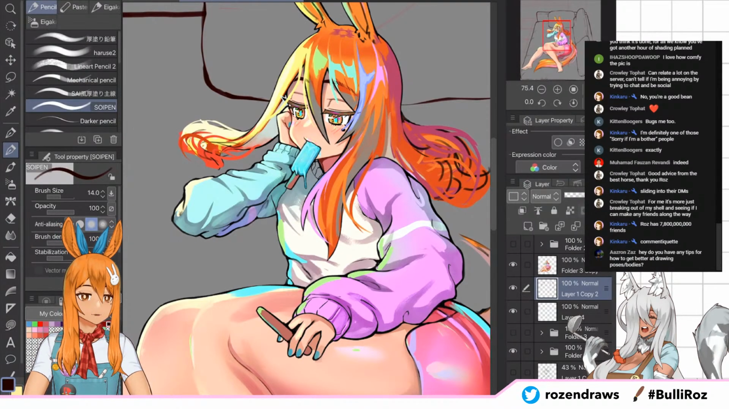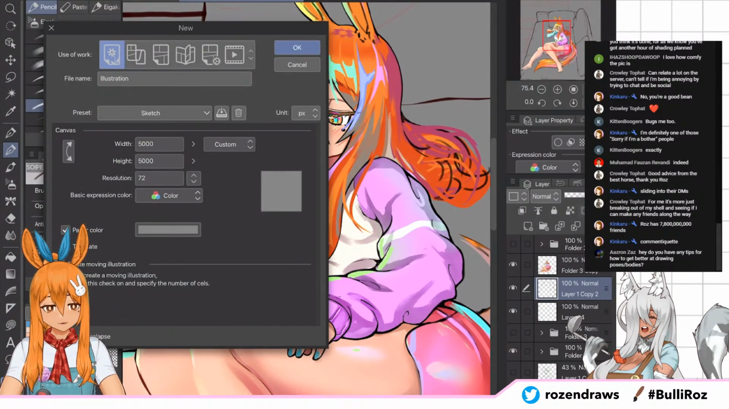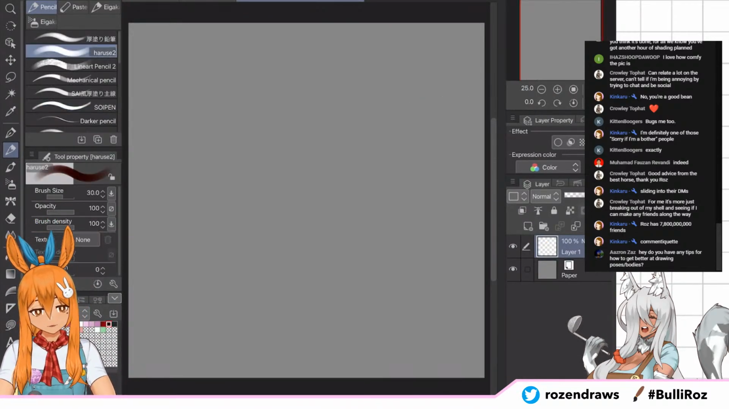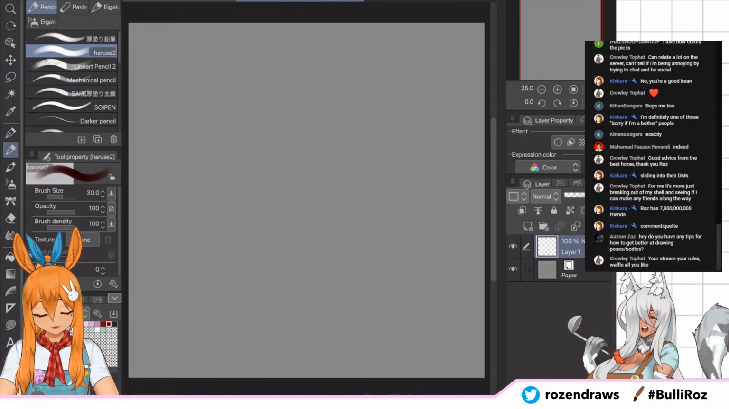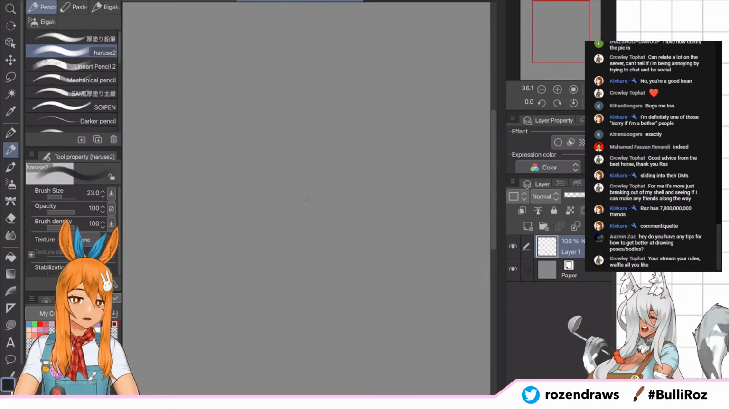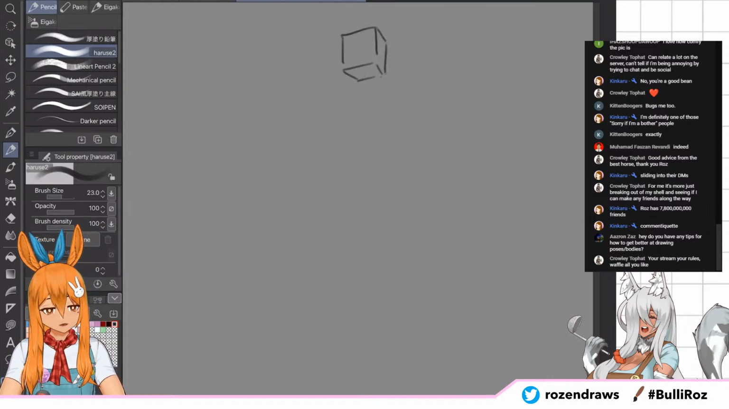Any tips you have for how to get better at drawing poses and bodies? That's our question, and yeah, sure. Use geometry. You want to use geometry to draw. Well, first of all, use geometry. Like for example,